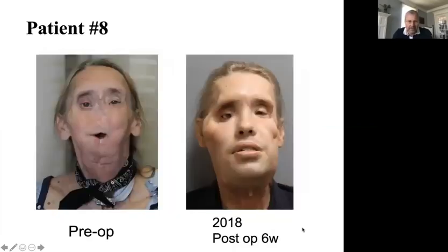Patient number 8, similar upper and lower jaw transplant. Unfortunately, in his case, we didn't notice that the zygoma on the right side had a malunion. So at the time of surgery, we used computer navigation to inset exactly the facial unit of the upper and lower jaw. But unfortunately, that caused some displacement of the unstable zygoma, which was later repaired, and the patient is